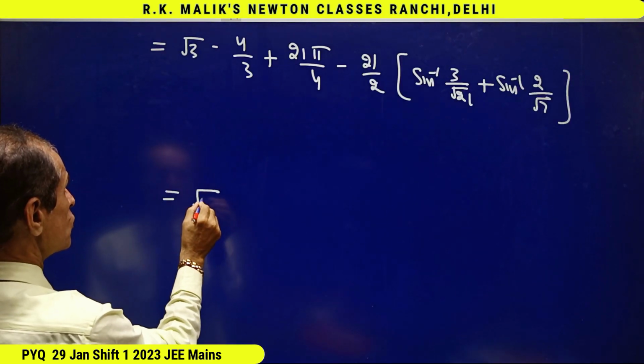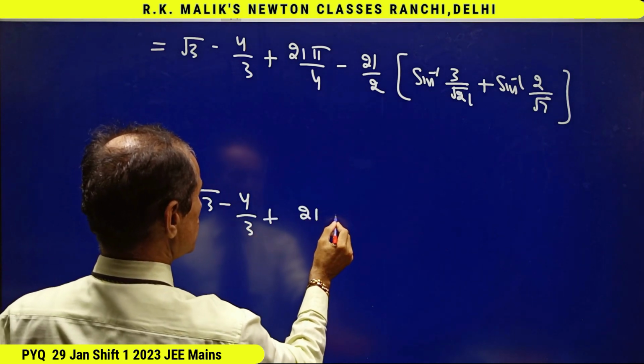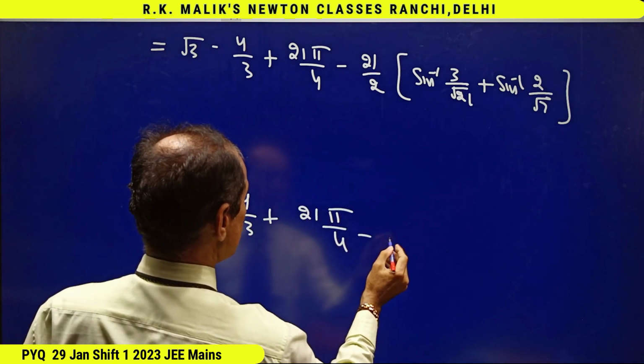This is equal to root 3 minus 4 by 3 plus 21 pi by 4 minus,